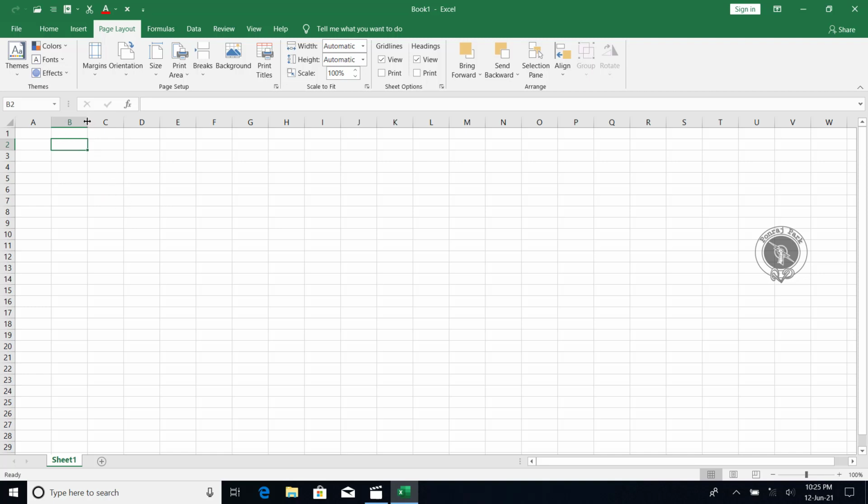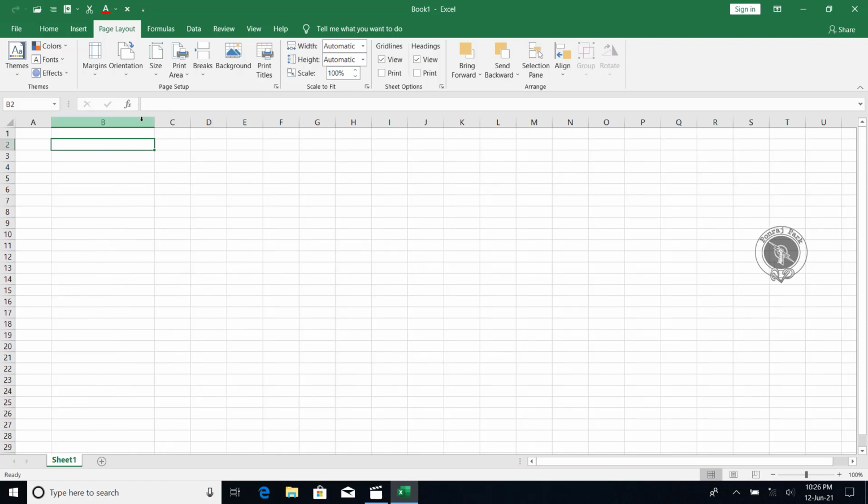If you take your cursor over there, you can see this plus symbol. When you see this, left click with your mouse and drag it to the right side. You'll get a bigger space to write something.